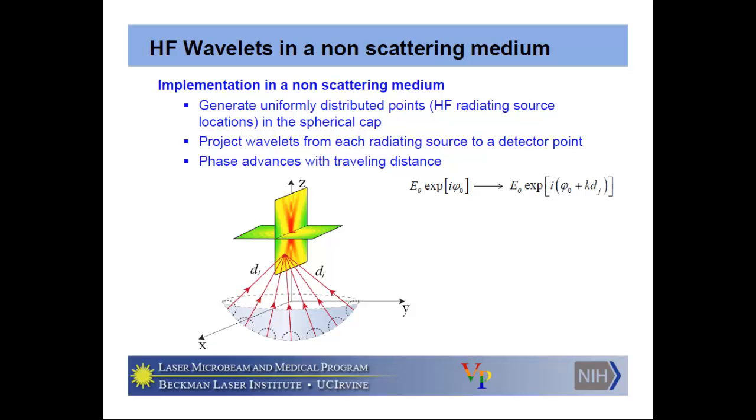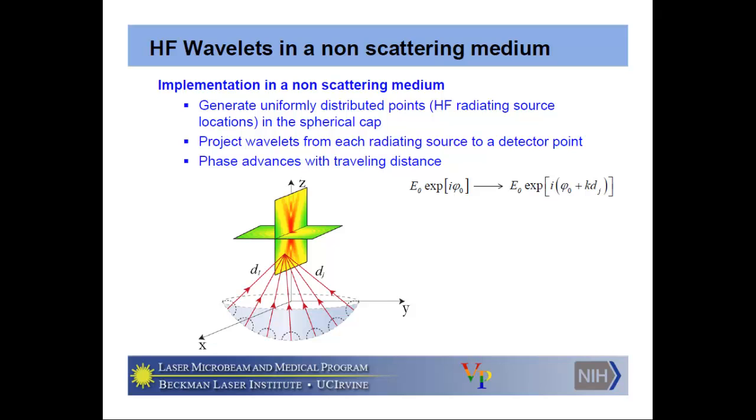So now we can look at how we implement this Huygens-Fresnel principle in a non-scattering medium. So first we consider a medium without any scatterers. What we did was we need to sample this spherical cap, because we want to generate as many Huygens-Fresnel wavelets as possible from this surface. If you increase the number of Huygens-Fresnel wavelets radiating from this surface, the results are going to be much better,